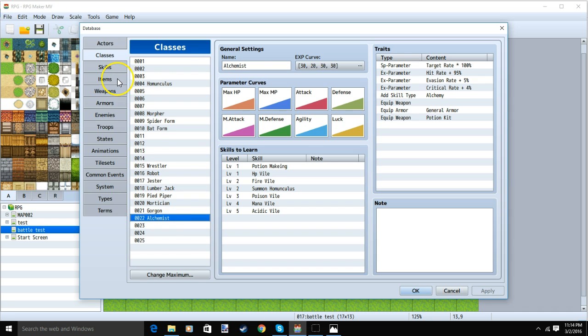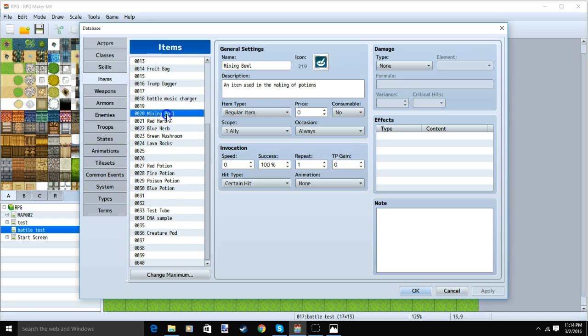With that done, we'll want to go to our Items tab. We'll be making a few items for the Alchemist to use in this tutorial. Our first item, Mixing Bowl, name, image, description, item type regular item, not consumable, no scope, occasion menu screen, then